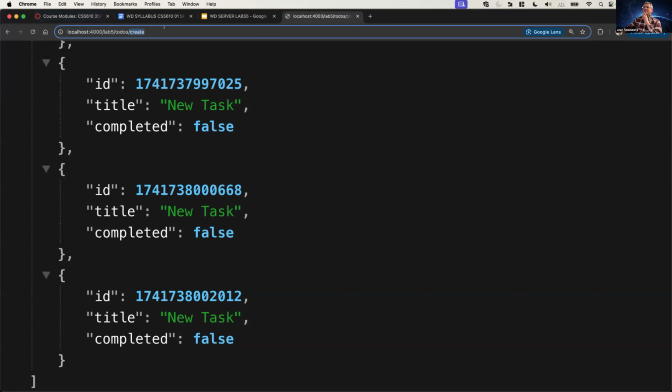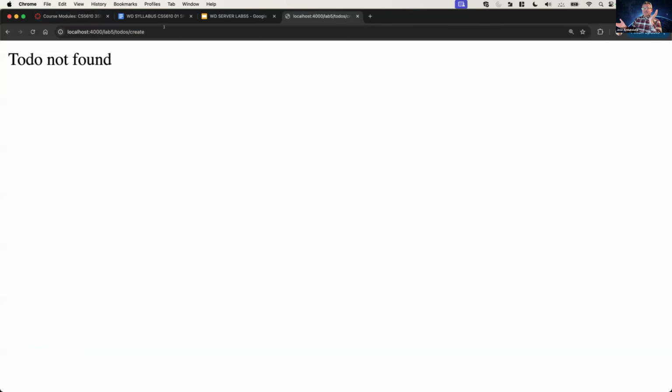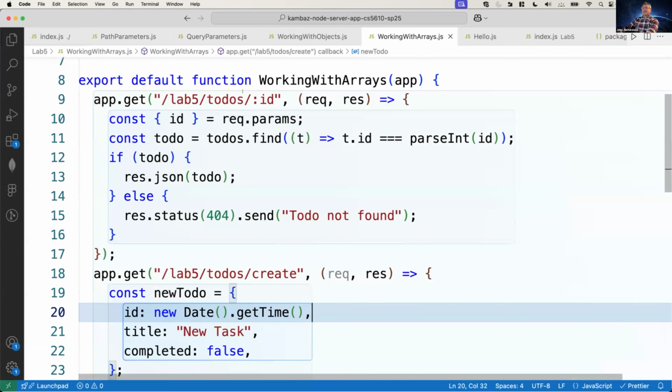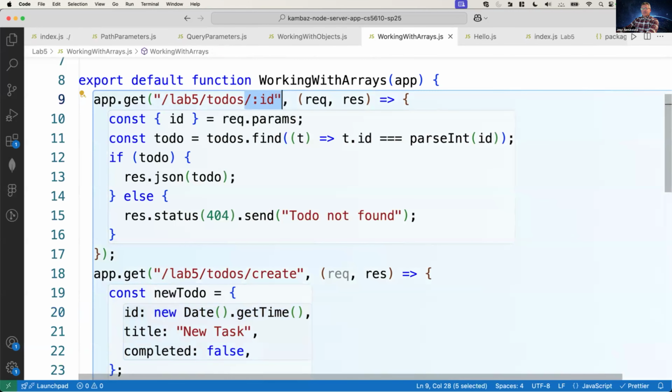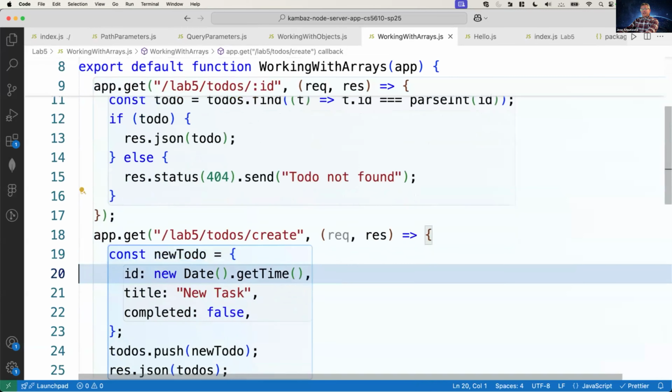So if I run this, it's going to say, I can't find a to-do whose ID is create. So that's why this is running first. The create, it's considering it as an ID. This runs, it doesn't find it, and then it doesn't continue. So to make sure that doesn't happen,